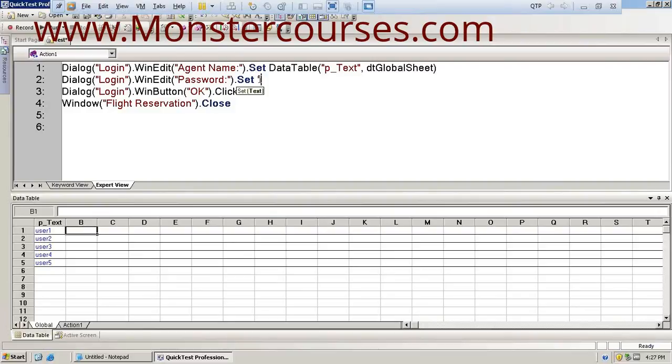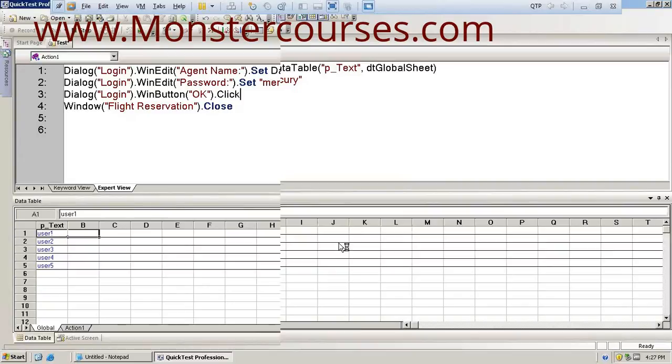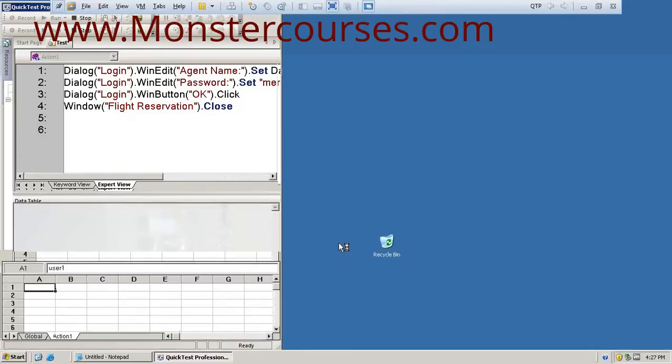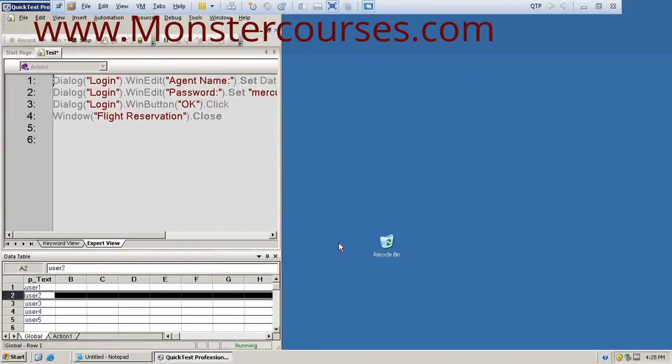Here itself I can give it, because we don't know the encrypted value. So dot set and then Mercury. Now when you run it, it takes this Mercury and passes it to your password field. So it would encrypt the password.